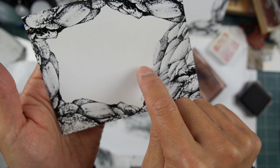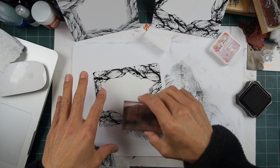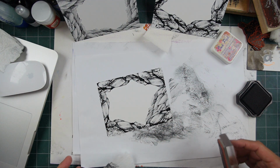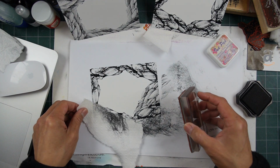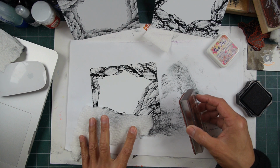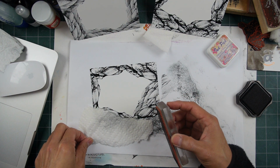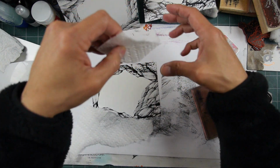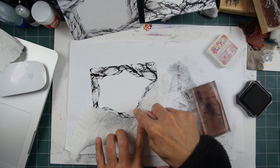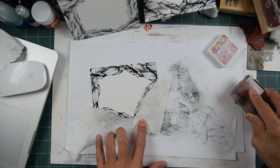Let's hit another one right across here using that same one. You don't have to go all the way around either, and that's where the variation comes into play as far as your layout possibilities, your compositional possibilities here. Okay, let's mask that off like so. I have a good almost half inch right there. Maybe it's more like a half inch